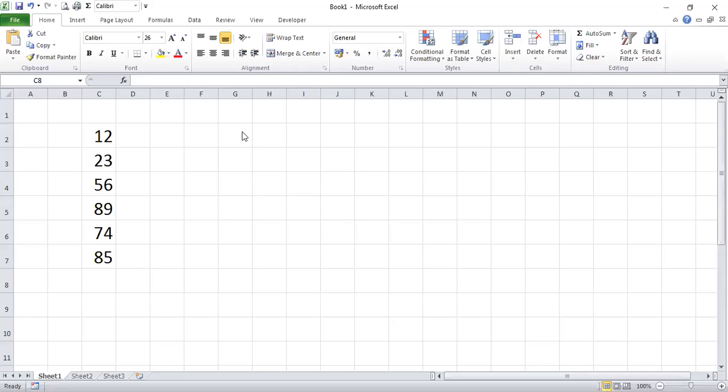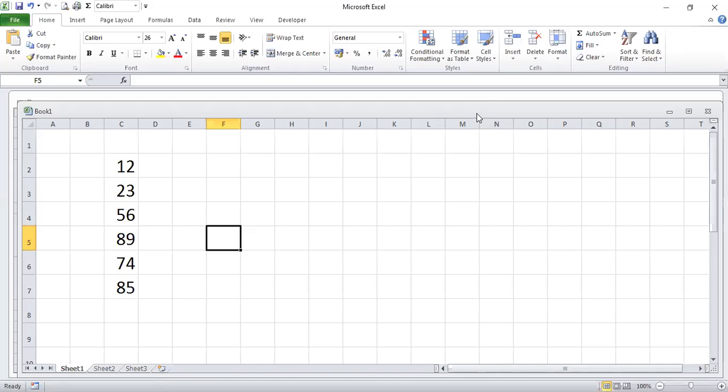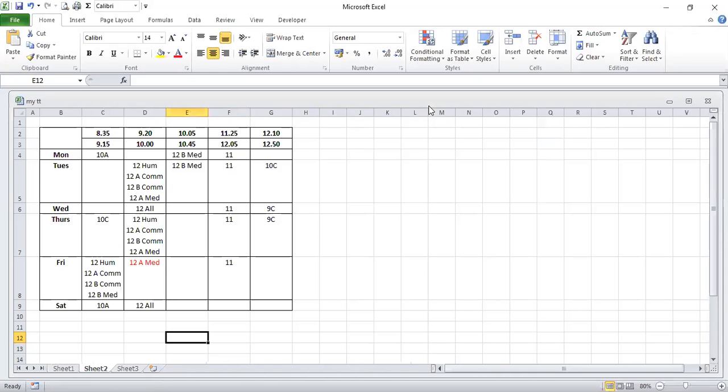Okay, as you see, the name of the file is book one, right? I'll do one thing: I'll open both the sheets here.